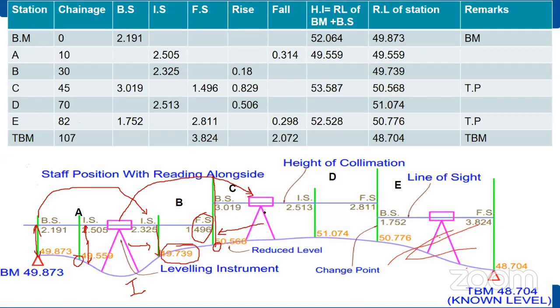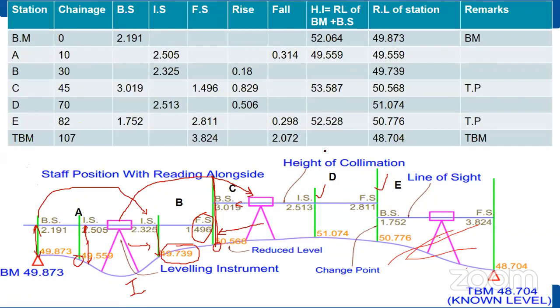But here, once I shift this one, again I have to take a backside, because I cannot connect these values with the previous leveling readings without taking the backside. So backside is the most important step. After you shift the instrument, first you have to take the same staff position, the previous staff position, by turning the staff in this direction. This is the backside. Then again you take an intermediate sight or a foresight. It is based on the requirement, based on the profile.